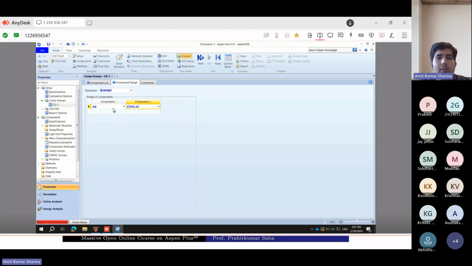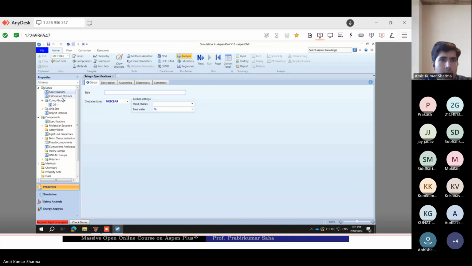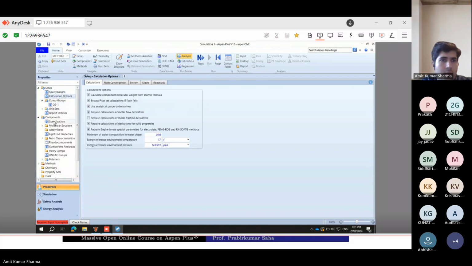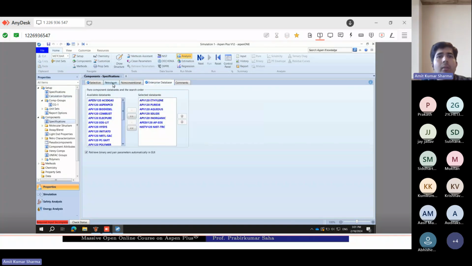So we have defined a range from this to this, so all the components will be in a group. Here you can see the component group section. So here we have seen the database.